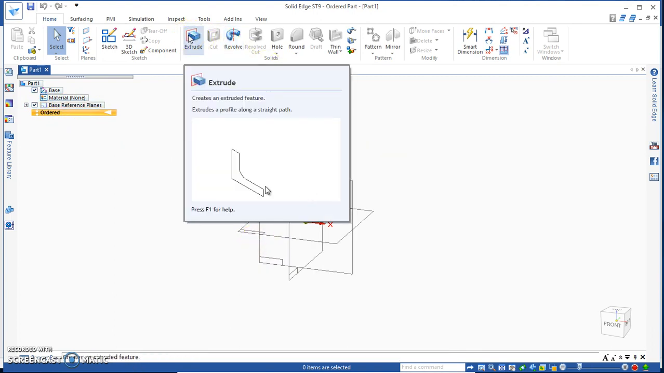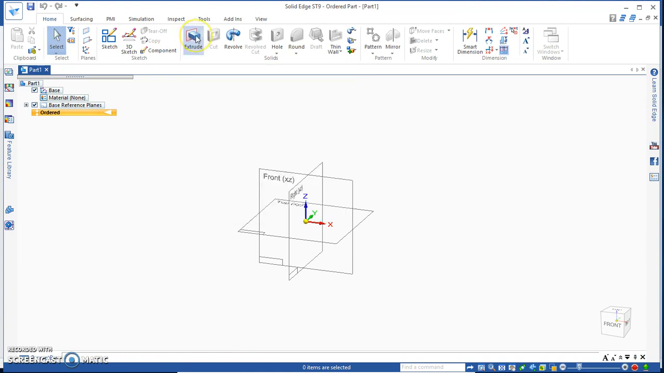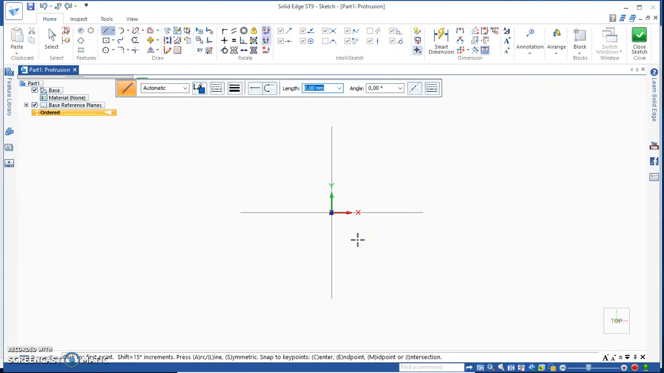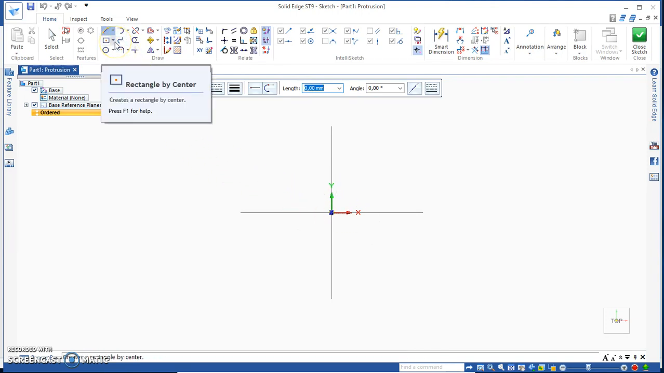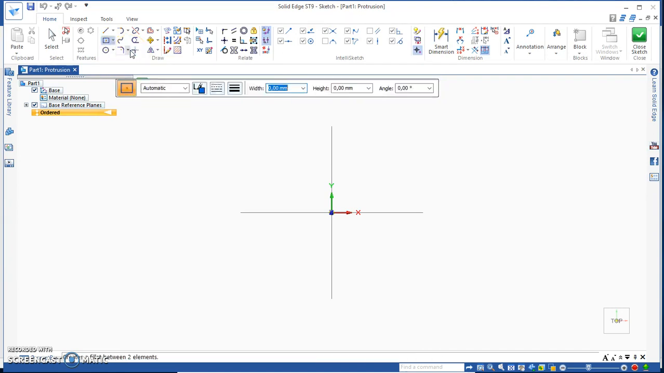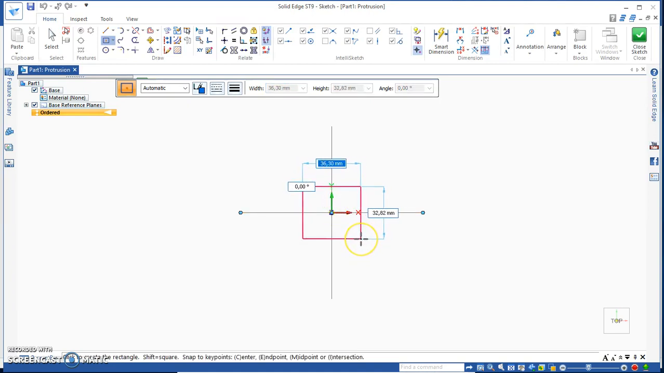and take extrude command, extrude, click and select top XY plane. And now I want that part is geometrical with these datum planes, so that's why I take rectangle by center command and I click that rectangle by center in the middle of that line. Click and I draw this square, and now